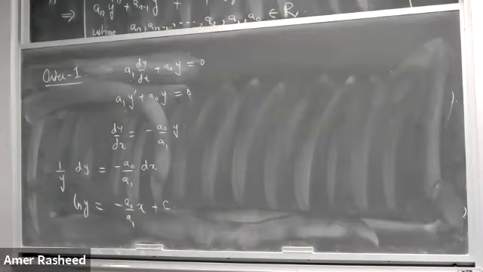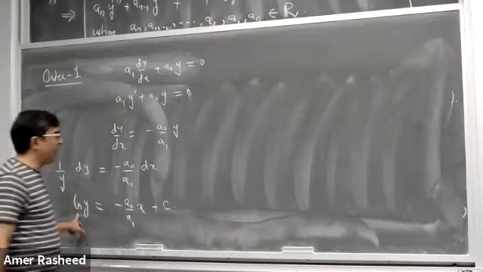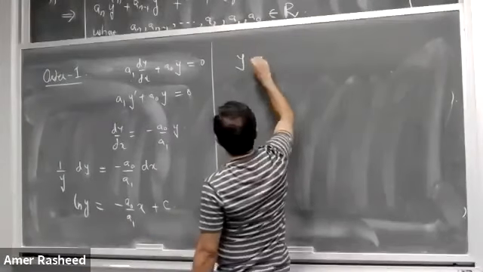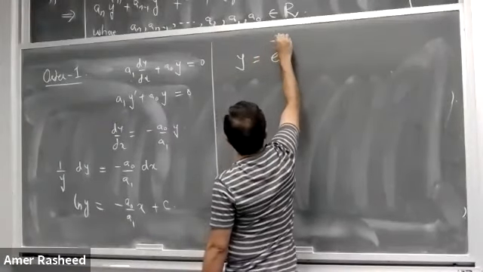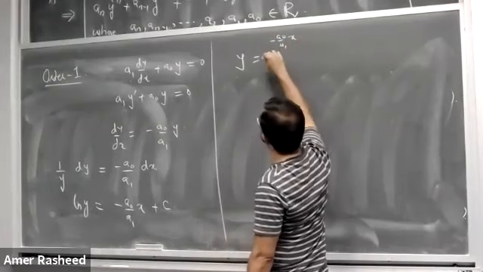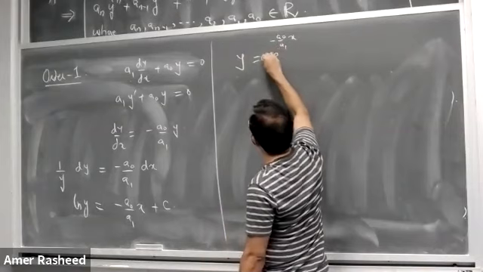Now we can write y equal to e raised to the power negative a_0 over a_1 x plus c, and we will have some constant here,